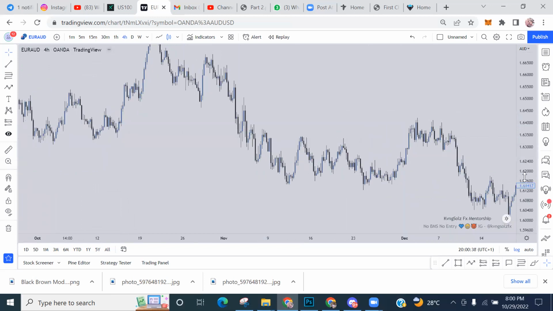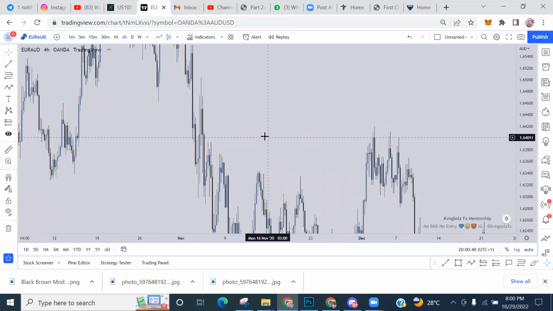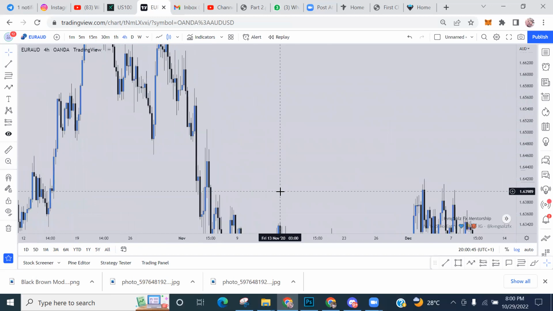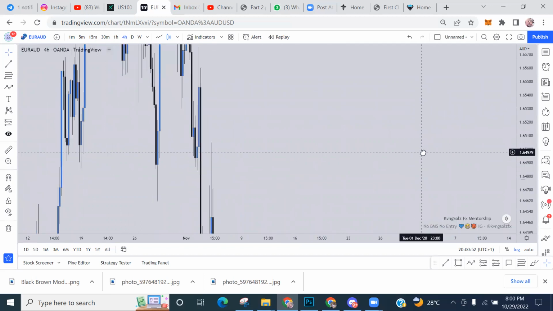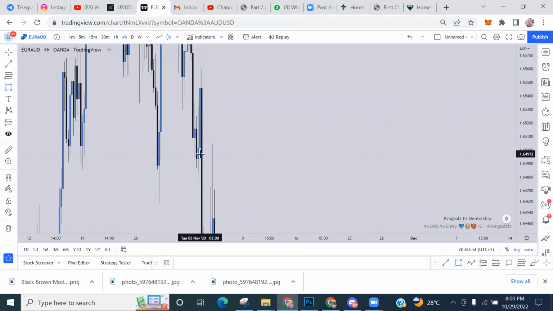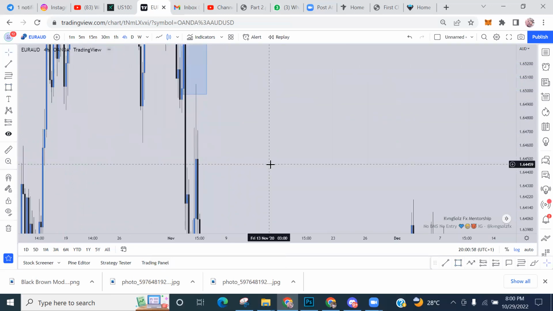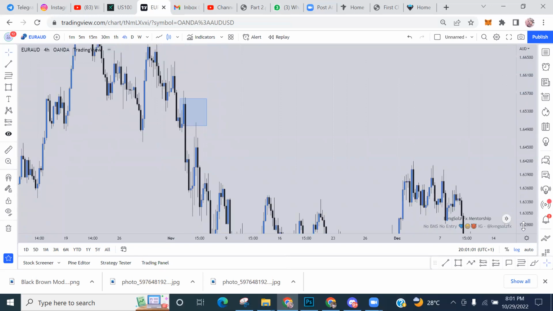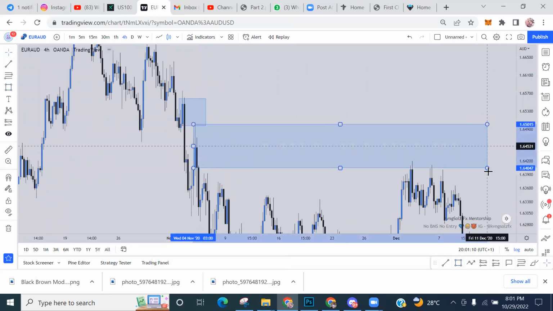So let me see where the price came from. First of all, when the market broke this structure to the downside, it did tap into this supply. So now you mark that zone immediately, letting you know the market is bearish on the higher time frame. First touch, now you're waiting for the second touch, which would have been this candle here. The market has tapped into this.